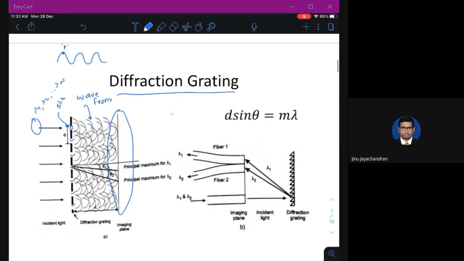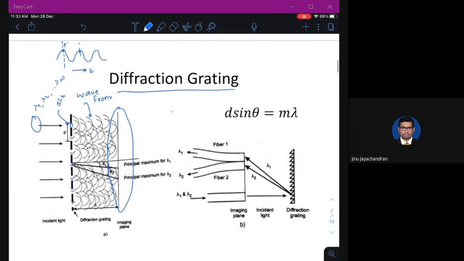For example, this is one wavefront. Now the P will reach here after the wave travels for time t. So the P will reach here. So this is the next wavefront. So all these curved lines you can say are the wavefronts of different waves, because you have a light incident which has a large number of wavelengths. Basically it means it has a large number of waves and you are considering a wavefront.